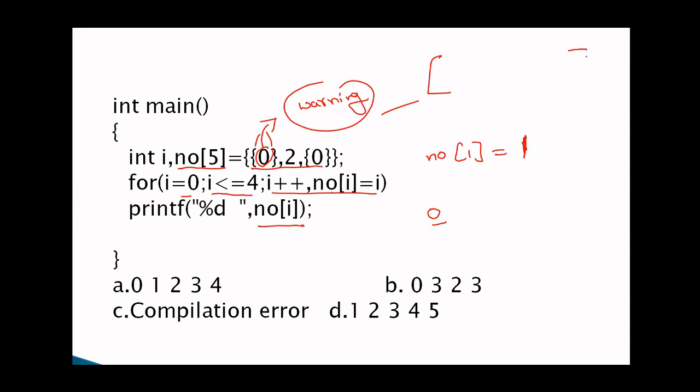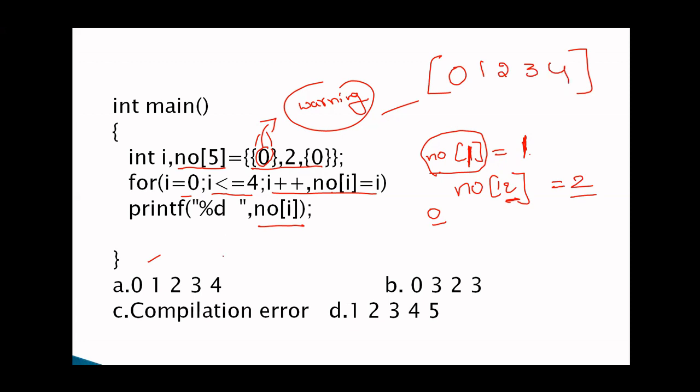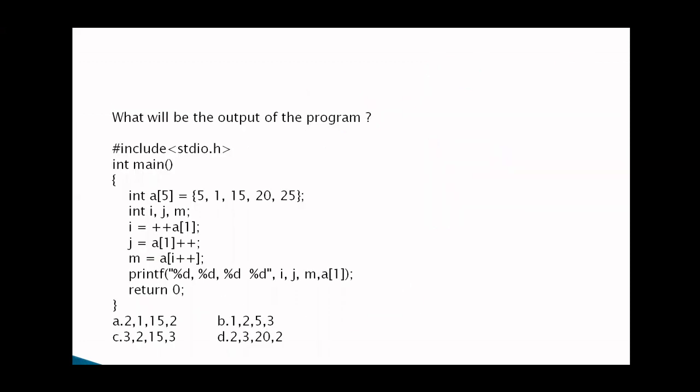What is the meaning of this one? This is the array. The first index is assigned 0. So i value is equal to 1, that is at the place of 1. Number of 1 means index. Number of 1 means the value at index 1 we are assigning 1. So 1 is printed. In the next iteration, i value is equal to 2. Number of 2 means 2 is the index. What is the value of 2? That is again 2. So 0, 1, 2, 3, 4. This is the concept. Simply, the index is placed at the value.